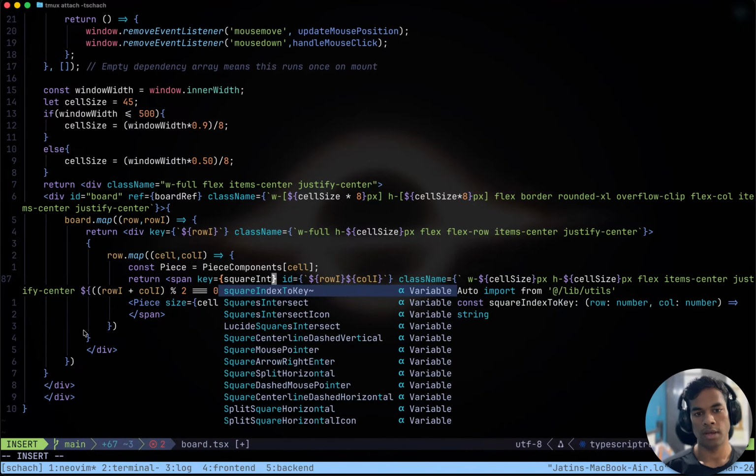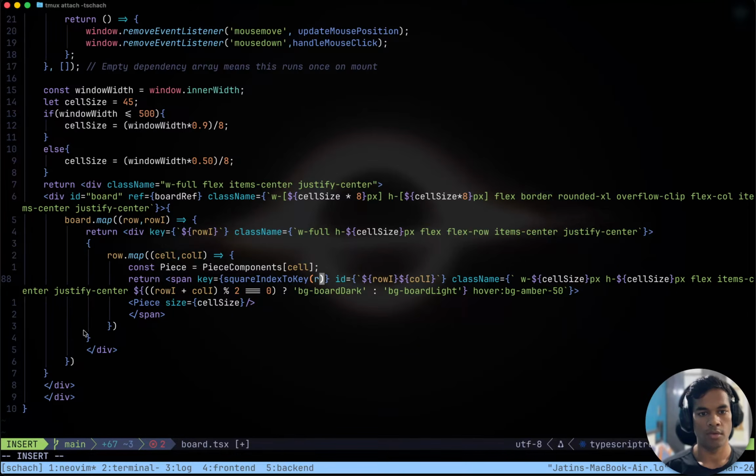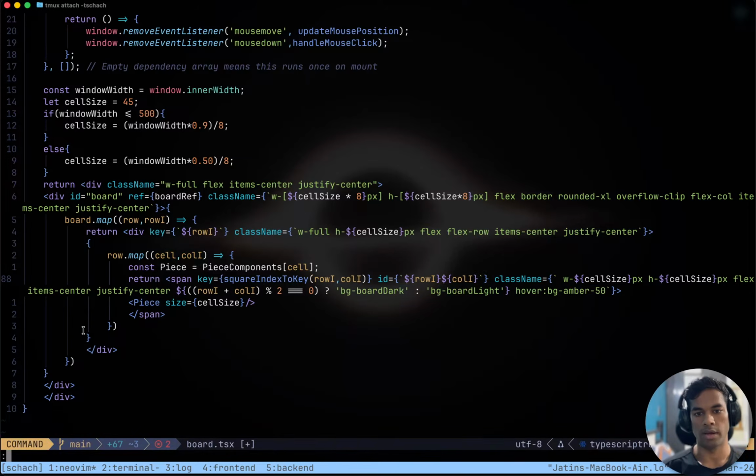Square index to key. First thing is row I, second thing is column I. And ID should also be the same thing.